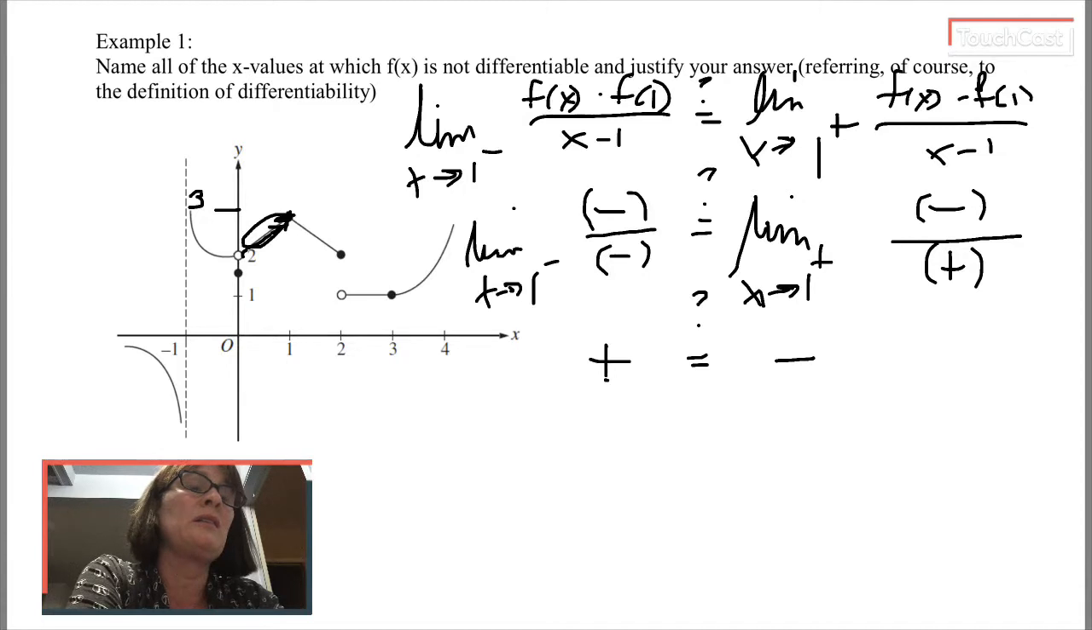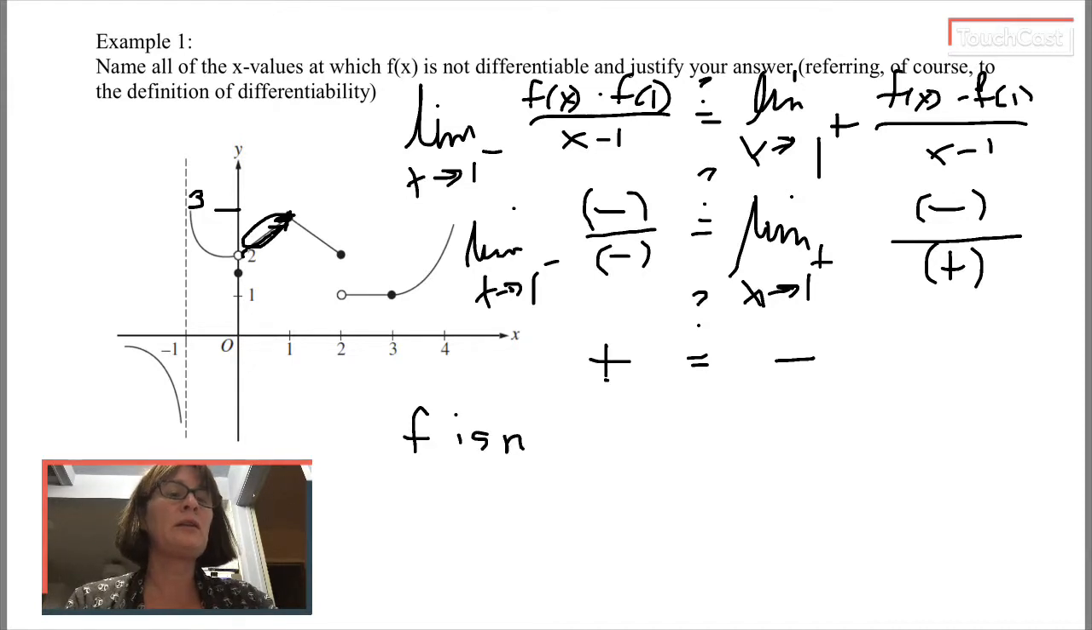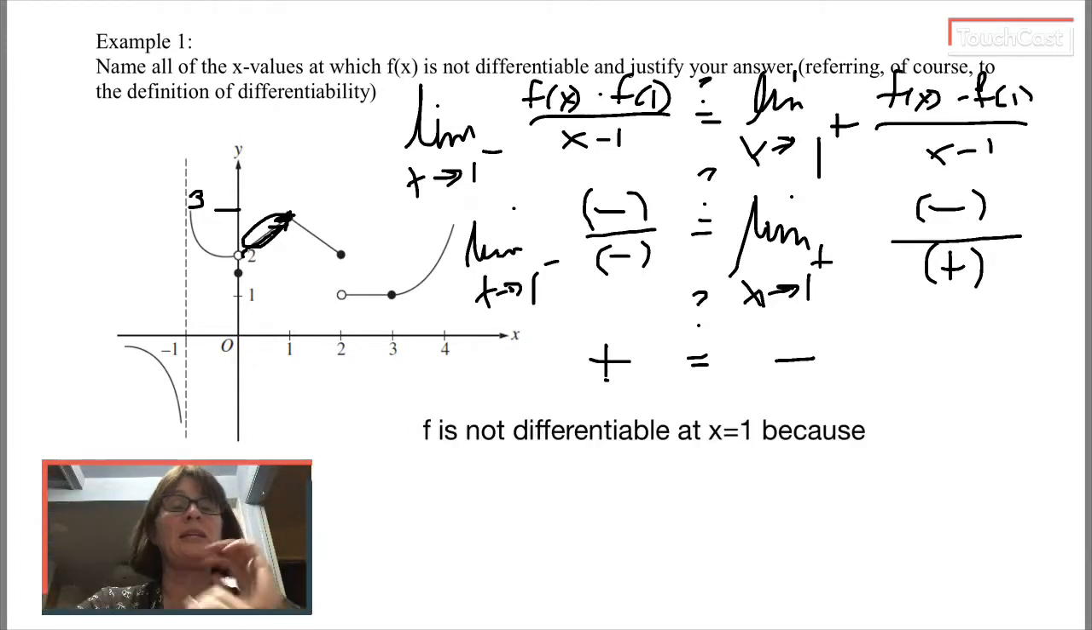My question is, is the positive slope from the left going to equal the negative slope from the right? Well, these can't possibly be equal. So I'm going to say f is not, how about I type it up? So this is what I would write. I would say f is not differentiable at x equals 1 because,